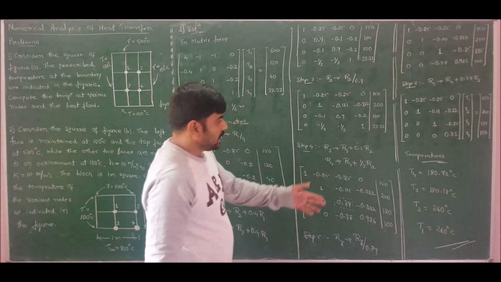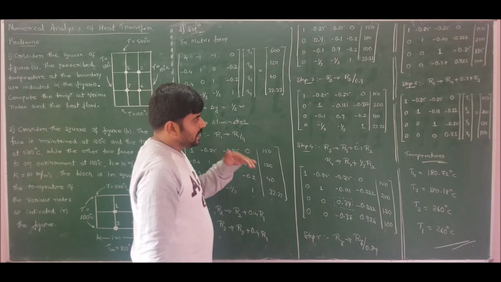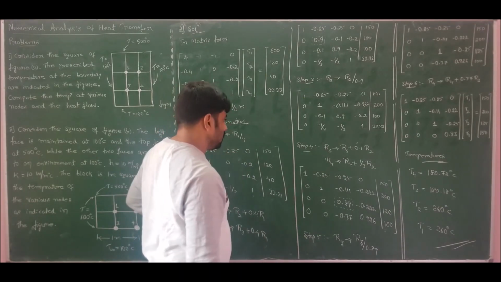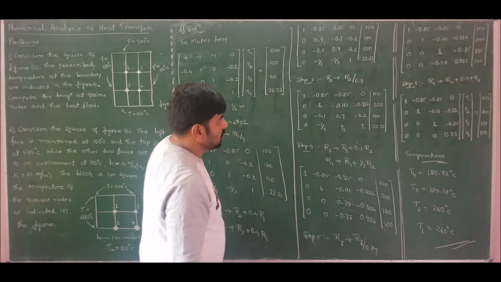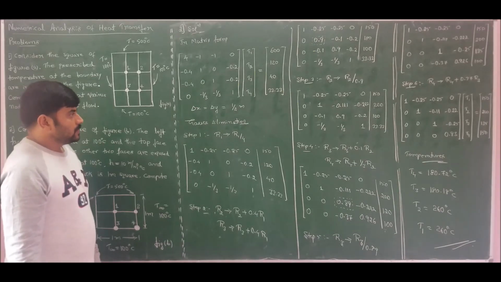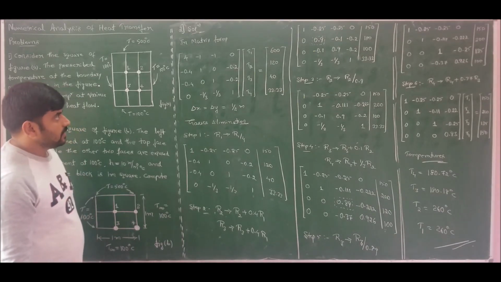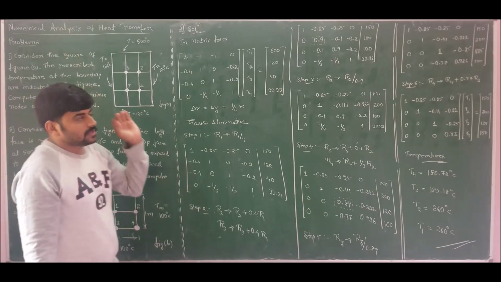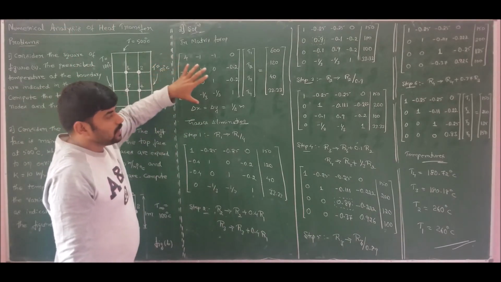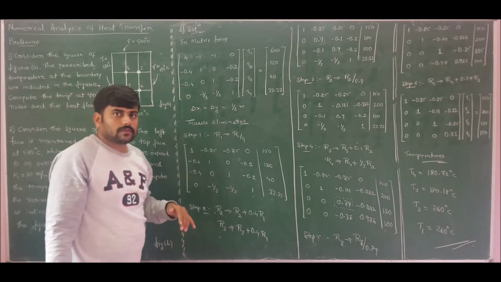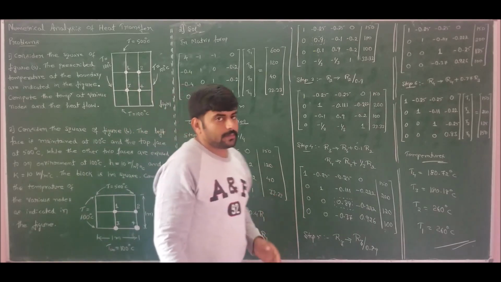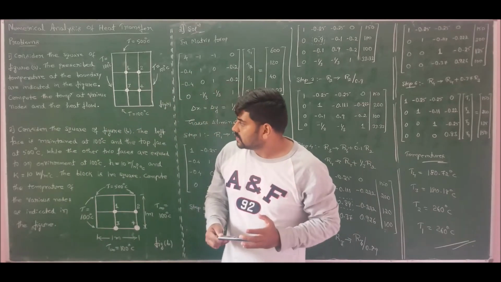So approximately I can state the temperature distribution as 180 and 180 for T4 and T3, whereas T2 and T1 are 260 degrees Celsius. So this is the procedure to be employed to solve problems on various boundary conditions given. First, using the data handbook, using the appropriate equations, formulate the matrix, and once you have Ax equal to B, solve by any technique which is convenient to you. I am employing the Gauss elimination method to find the temperature. So this is the complete solution for